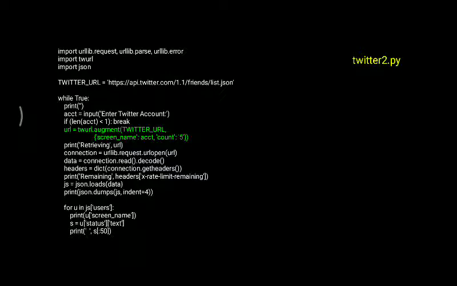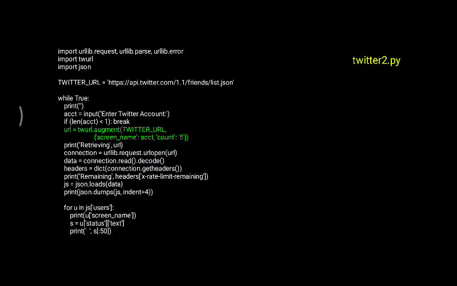Then we mention the URL, screen name. This is the format in which we extract the content of that URL: Twitter URL, screen_name, account, then how many times, that is count. Then we print the content, retrieving URL, and connection equals urllib.request.urlopen. We have to open it using urllib.request.urlopen, which is a method of urllib.